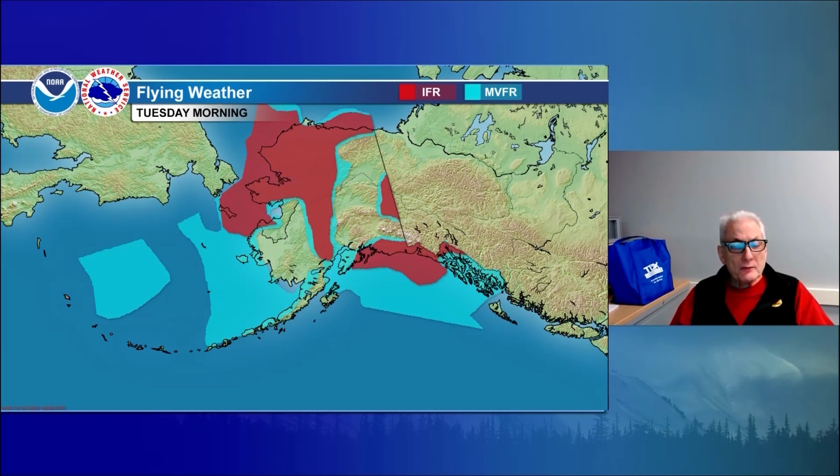Some IFR over the eastern interior, and then a more widespread area of VFR there from the southeastern Brooks Range across the Yukon Flats down into the Susitna, Matanuska Valley, Copper River Basin. Some VFR over the southwest interior and the lower Yukon River Valley, with marginal VFR along the southwest coast. IFR, though, for Seward Peninsula, St. Lawrence Island. Not too bad out over the Bering Sea and the Aleutians, mostly VFR from the Nikolski westward to the Komandorskis,